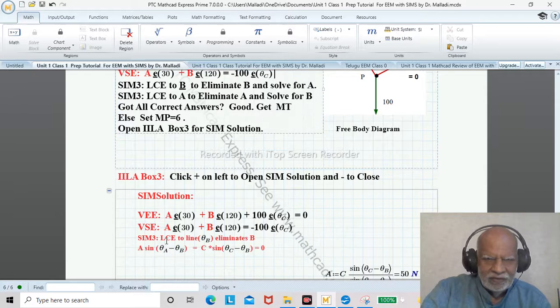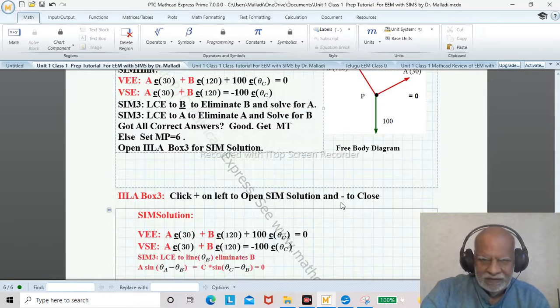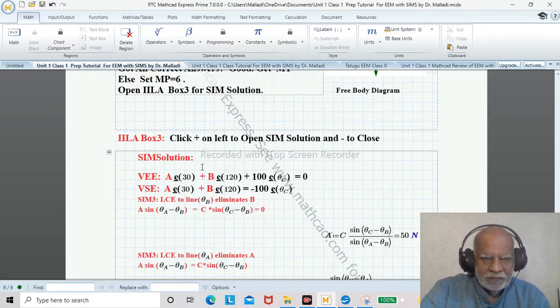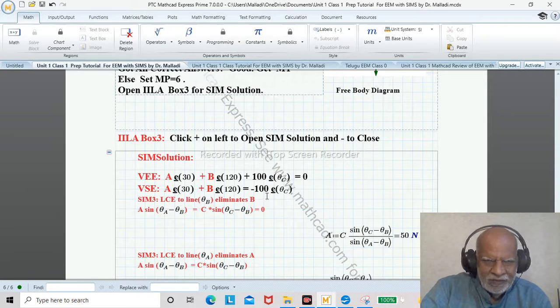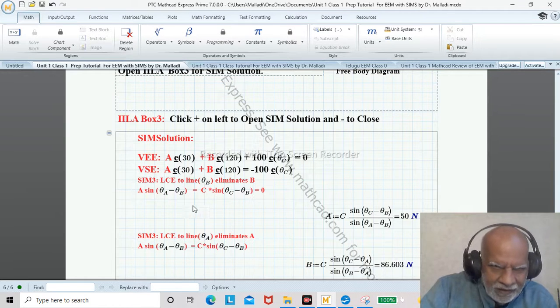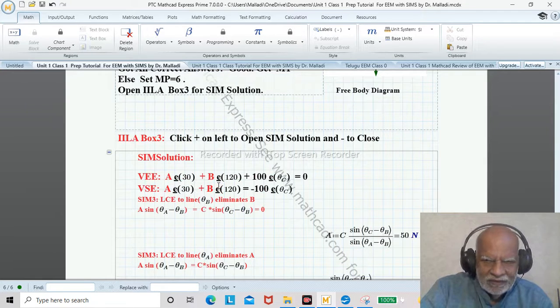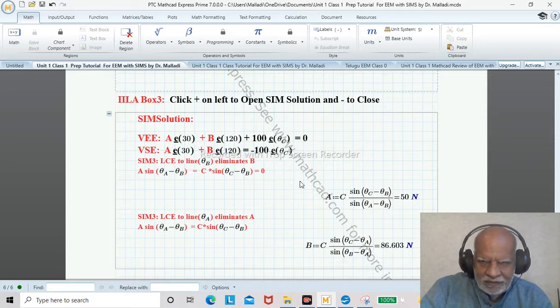So now you go to see here. You have to remember this kind. I put the diagram also for your convenience. Now suppose even then you didn't get the correct answer. Then it is giving the solution. So it gave the same thing and then it gave this. So this is the form A, B, and then this is C. All right, so this is the equation. And C is equal to minus 100. So you got the answer.